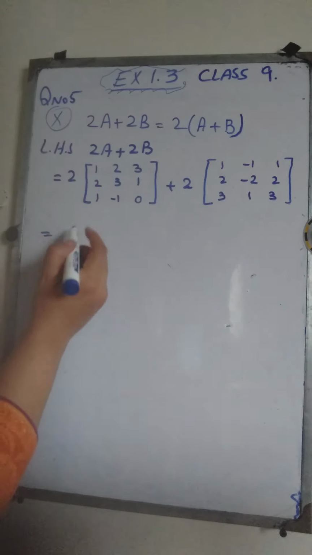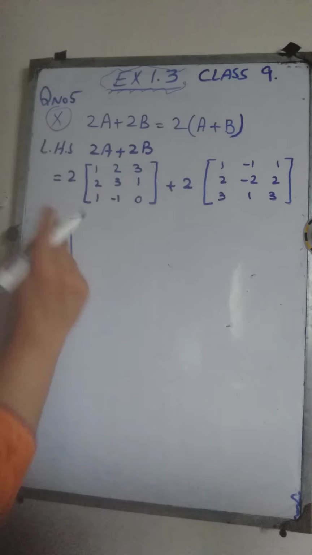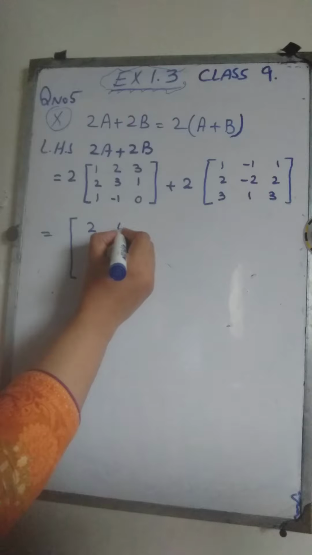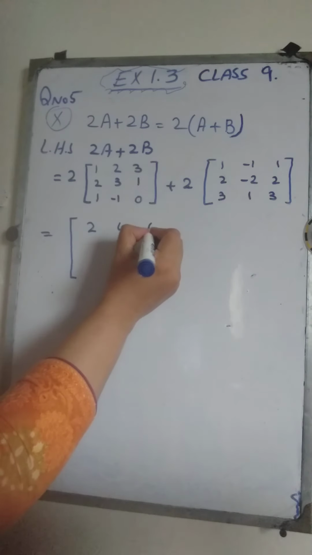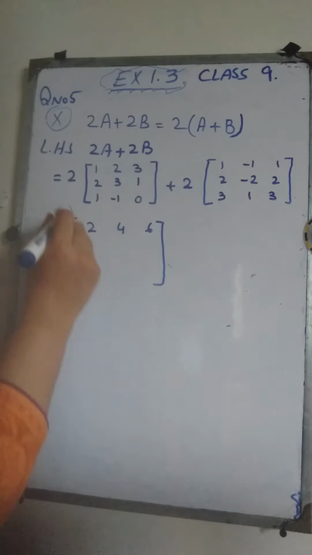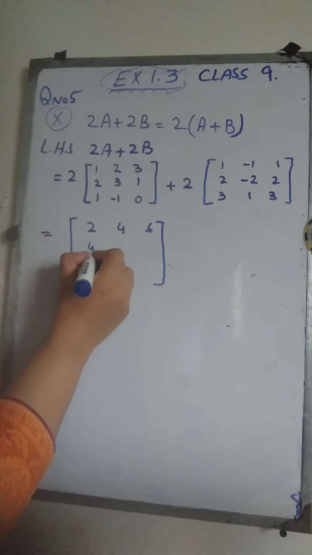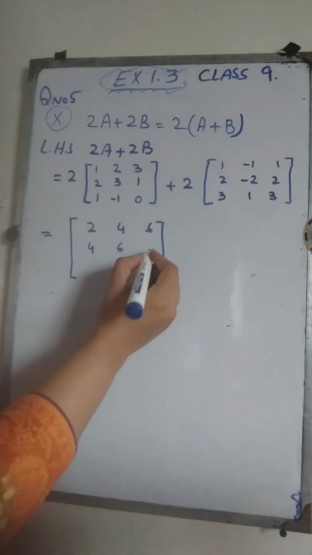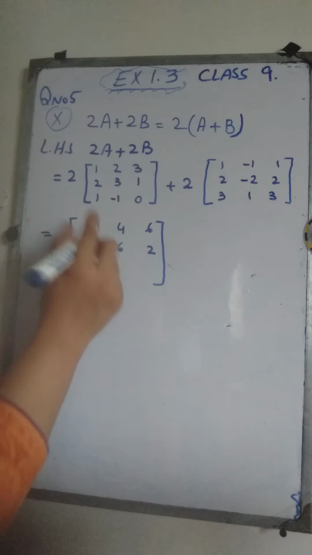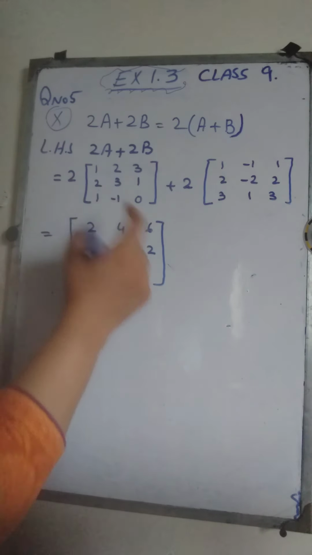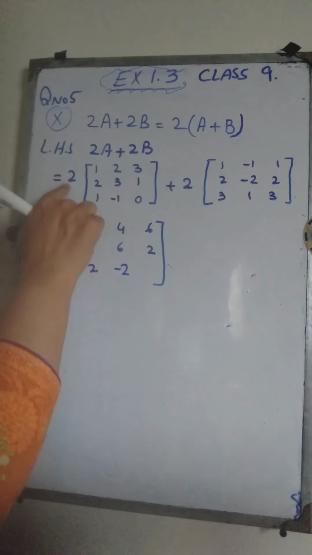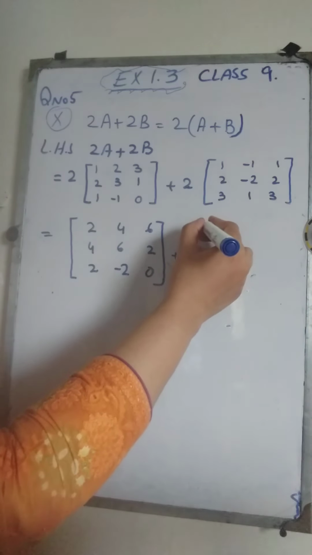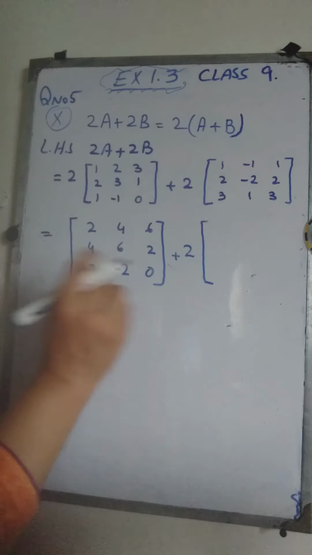2 into 1, 2; 2 into 2, 4; 2 into 3, 6. In the same way, 2 into 2, 4; 2 into 3, 6; 2 into 1, 2; 2 into 1, 2; 2 into negative 1, negative 2; 2 into 0, 0, plus 2 times the matrix,